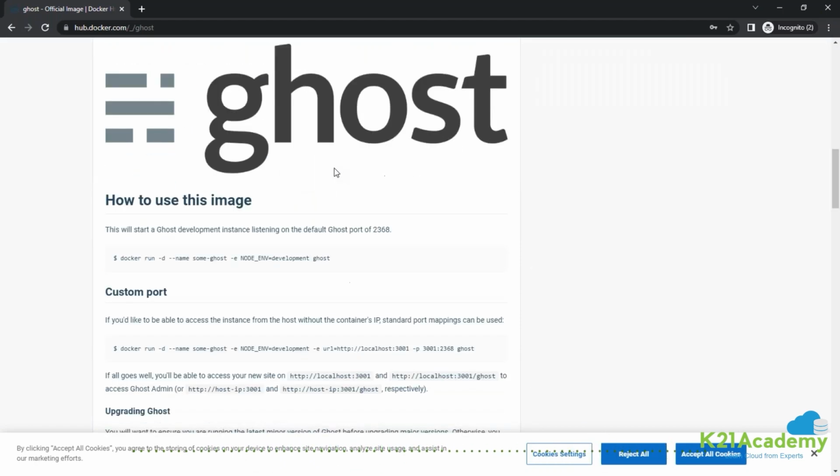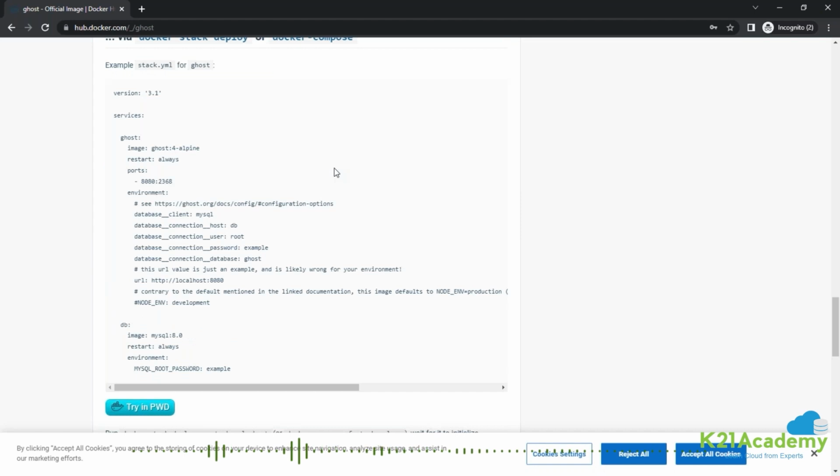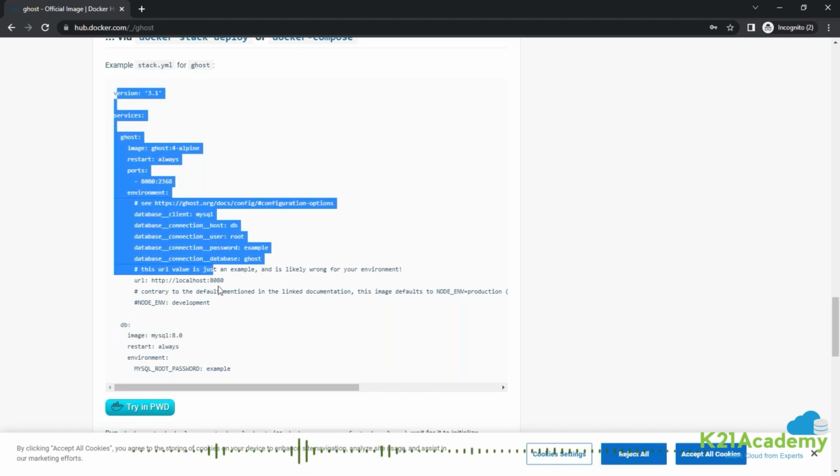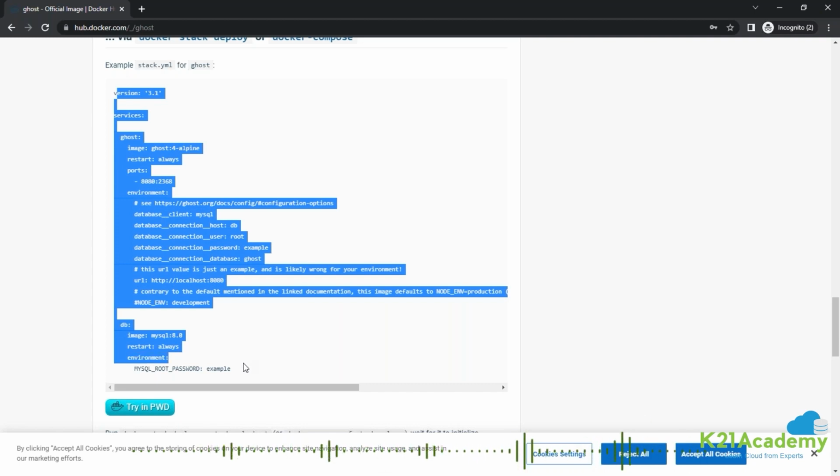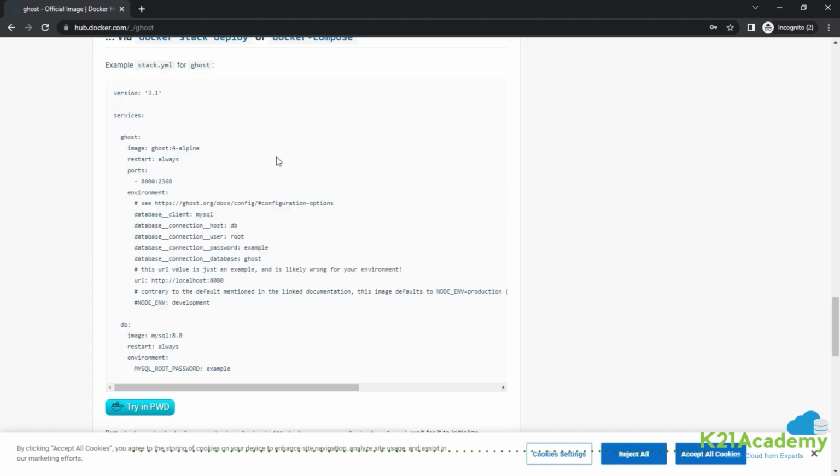Scroll down a little bit. It tells you it's made up of two different services. You have a Ghost UI, and then you have a MySQL DB running out there. Together, that is your Ghost application. We took this example for deploying it on our Docker Swarm using Docker Stack, or Docker Compose using standalone Docker. If I convert the same thing to a YAML file, more or less the same thing in a Kubernetes YAML file as well, if you pay attention and look at it here, the Ghost blog, what we have here,